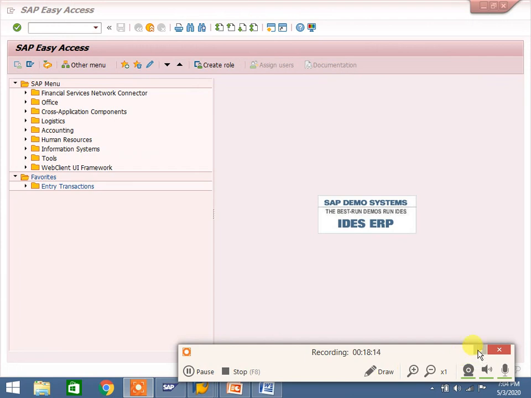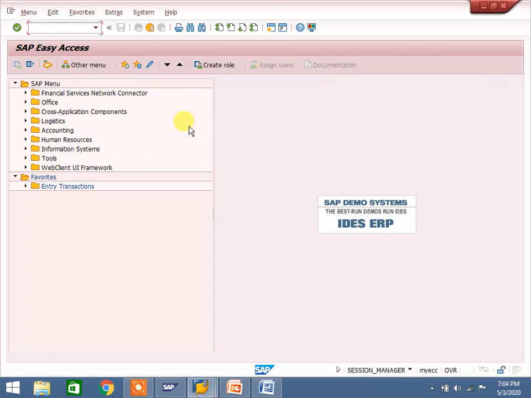I have not configured any workflow because I don't have a workflow technical consultant available. Most probably some of the basis consultants know workflow. Based on our user requirement, we will give a functional specification to them and they will provide it. In the easy access screen, a workflow symbol is there. Click here and it will show you workflow options.